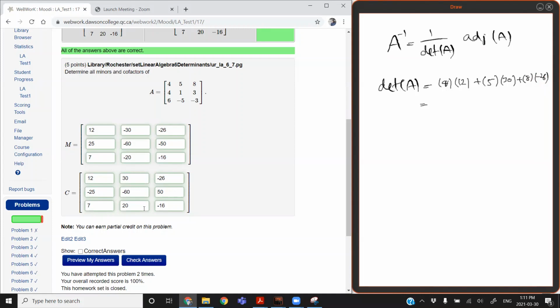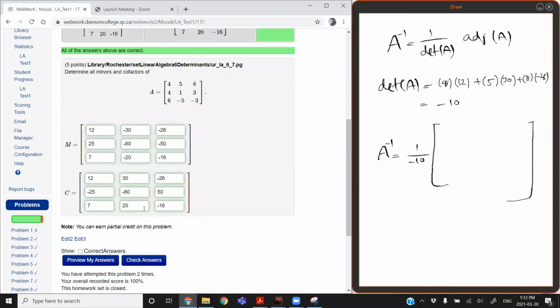So that gives me the determinant. Let's do that. 4 times 12 plus 5 times 30, that's plus 150, minus 8 times 26, minus 10. So A inverse is going to be 1 over minus 10 times